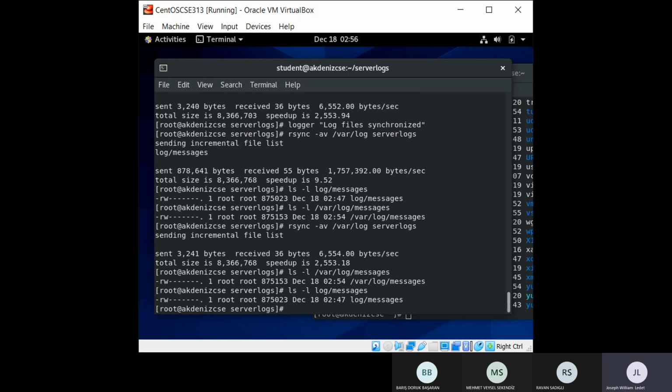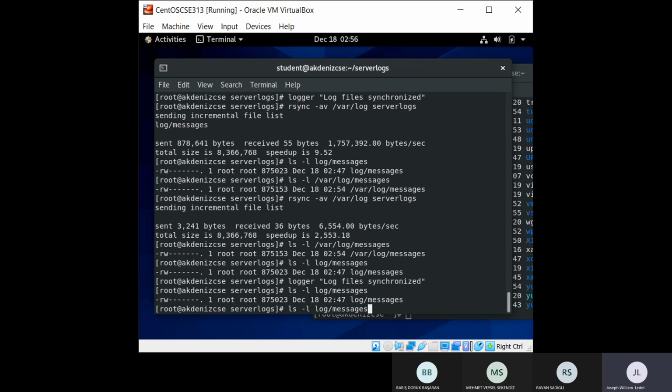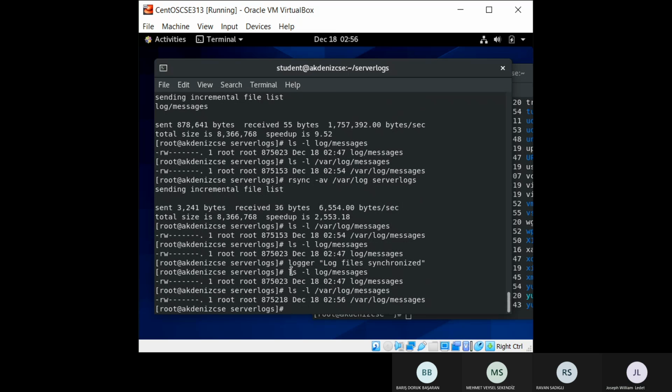Change it to 247. Let's do that logger command again. Okay. Now let's see. 247 is our local. 256, right, is our change. Notice here before we did the logger command, this was a smaller size than this. Why? Because if we look at tail dash 10